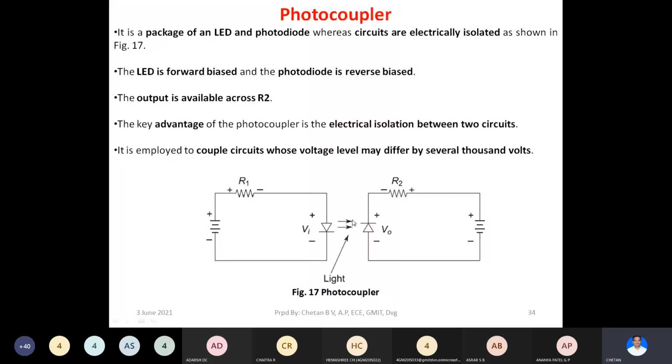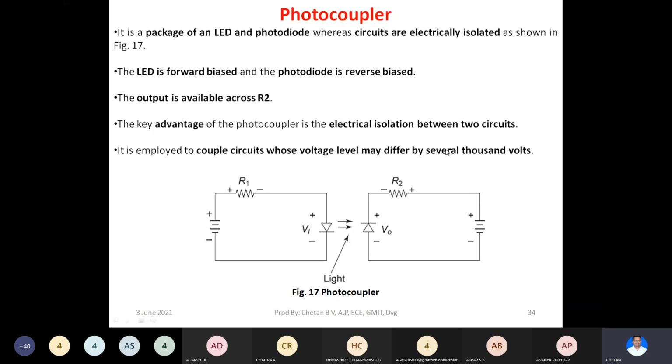When sufficient light falls on it, this reverse current would increase to a greater value than the dark current, and that current will flow through this load R2, and the voltage across this R2 you can take as the output voltage. Or else you can connect a load here, or a circuit through which you can tap out the voltage, which is basically due to the high amount of current which flows in the reverse direction from this photodiode, right?